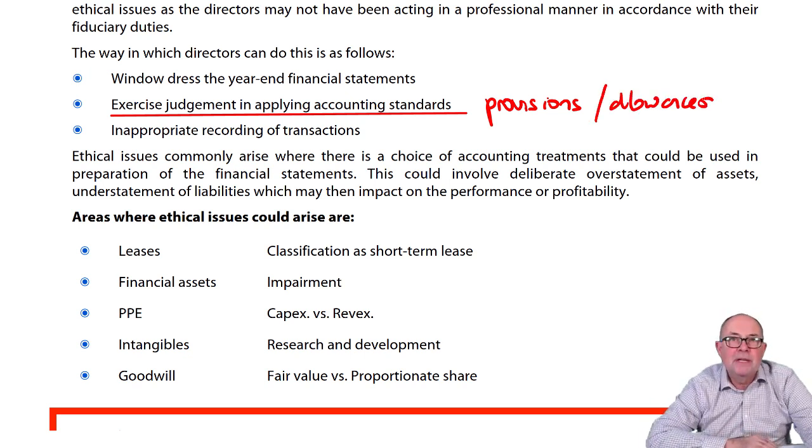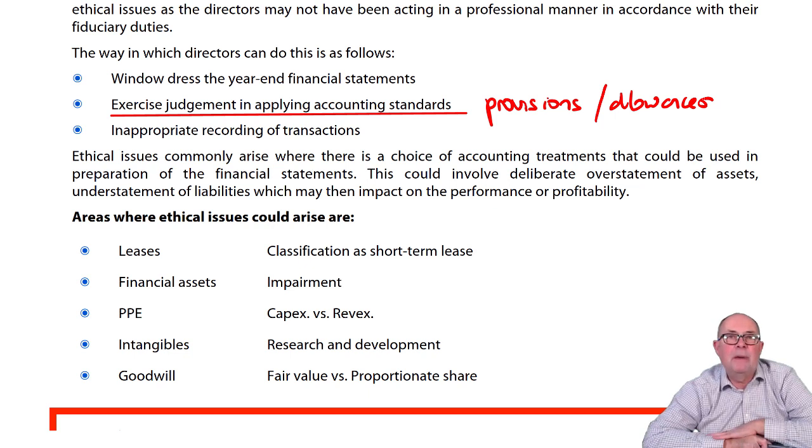I know a company that changed the depreciable life of its PPE from 23 to 100 years. It's ridiculous. That was just a way of reducing depreciation and increasing the profit. Provisions for returns, things like that, if you're in a retail environment, could be understated. Allowance for bad debts could be understated. If they're having a major reorganization, again, they might understate redundancy liabilities. Lots of possibilities.